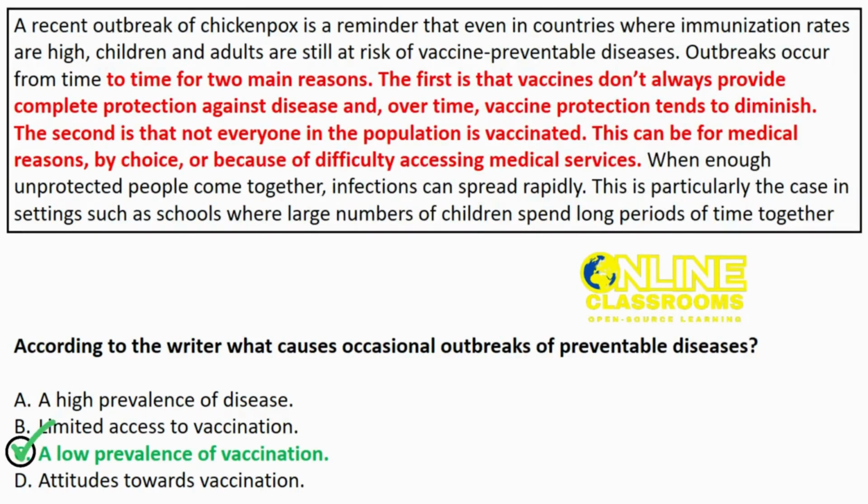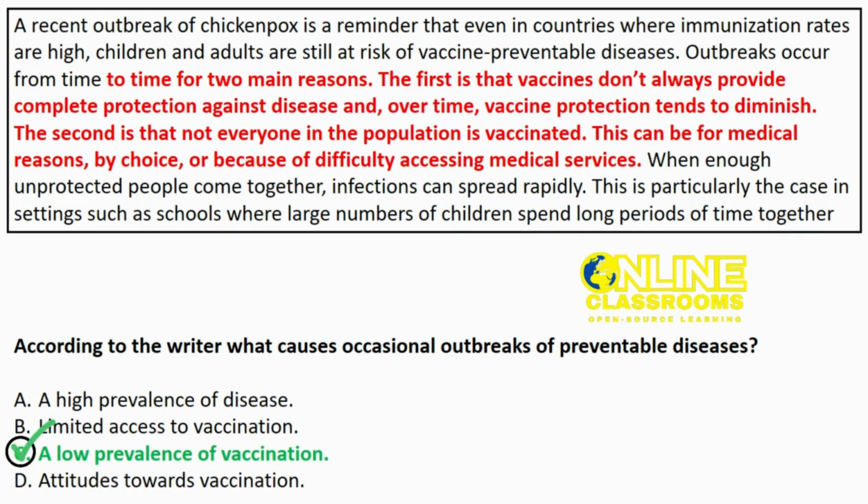The correct answer is option C, a low prevalence of vaccination. The paragraph explains that outbreaks of vaccine-preventable diseases occur due to two main reasons. The first reason is that vaccines don't always provide complete protection against disease, and vaccine protection tends to diminish over time. The second reason is that not everyone in the population is vaccinated, either for medical reasons, personal choice, or